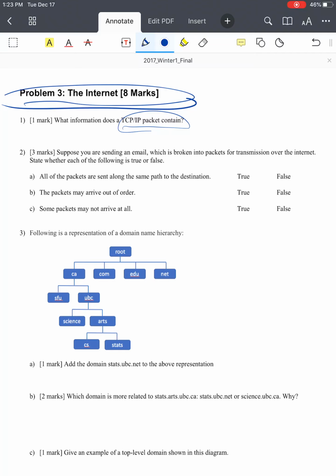So how I like to think of it is, even if you forget what IP address or TCP means, you have the idea that you're sending something, a packet, like a mailing packet. So if you're mailing something like a letter,